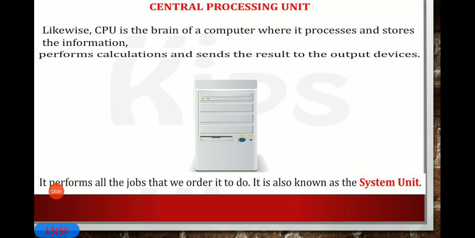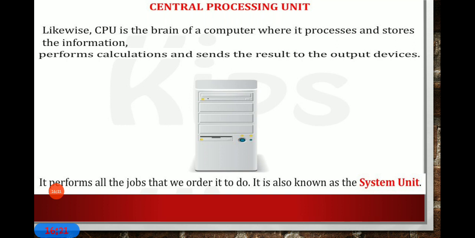I will give you one live example of input, processing, output: making a pizza. We have to take input as a pizza base, pizza sauce, and toppings like vegetables and cheese. We keep that pizza for processing in an oven. In the oven, processing happens on the pizza, and then as an output you get a ready pizza, right?